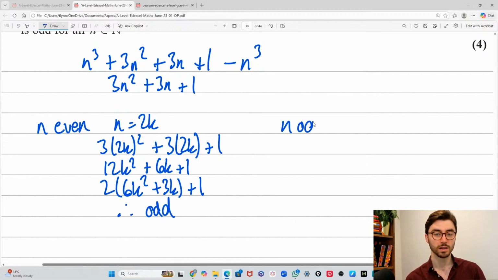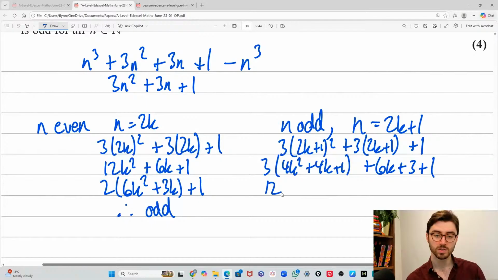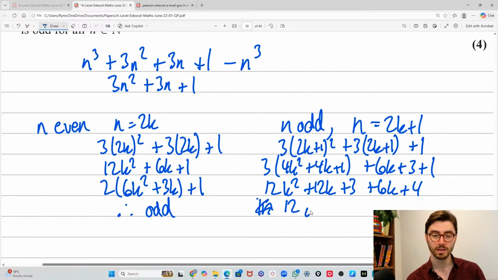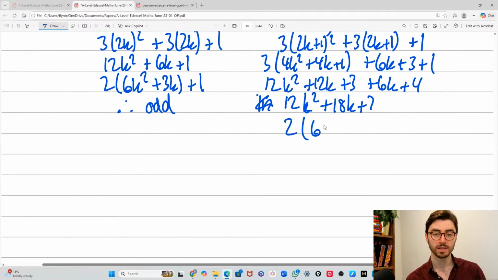And when n is odd, which means that n is equal to 2k plus 1, this time we're going to have 3n squared plus 3n plus 1 equaling 3 into 4k squared plus 4k plus 1 plus 6k plus 3 plus 1, which is 12k squared plus 12k plus 3 plus 6k plus 4. So it's 12k squared plus 18k plus 7, which I can again make that 2 into 6k squared plus 9k plus,